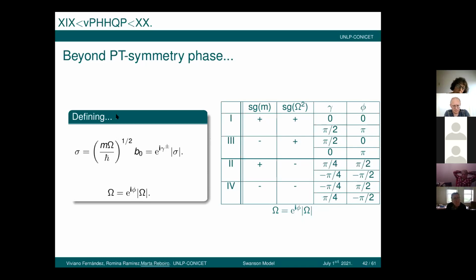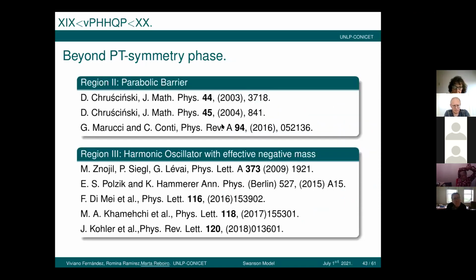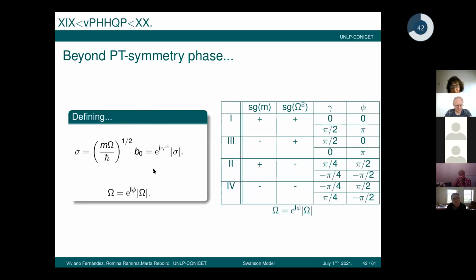So we look at the literature. Also, I apologize, surely there are more articles related to the parabolic barrier and to the harmonic oscillator with negative mass. There are some recent works on Bose-Einstein condensation, with systems which can be modeled by a Hamiltonian with an effective negative mass. And we realize that